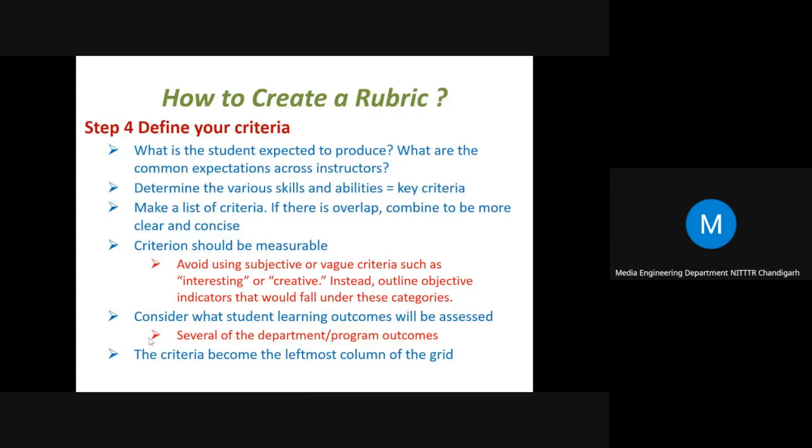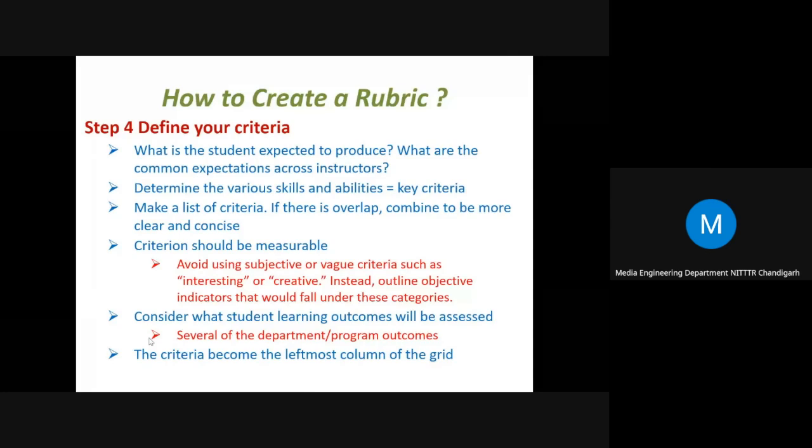We should not write expectations or characteristics which are particular to the thinking of a single instructor, which are not commonly expected. It is suggested that we write those expectations which will be suggested by various instructors, so that our rubric is actually reflecting the requirements of that particular study or the particular work.